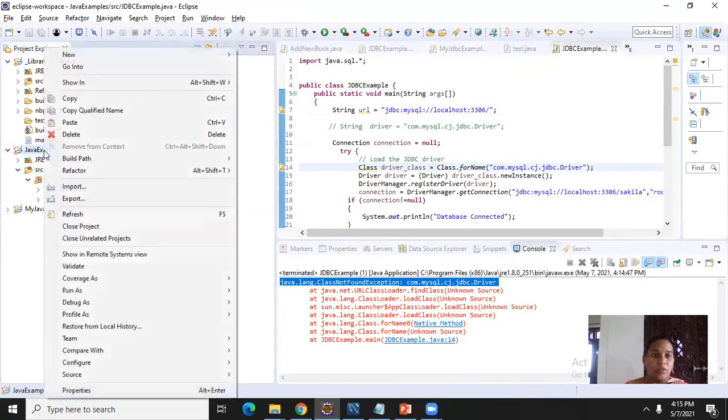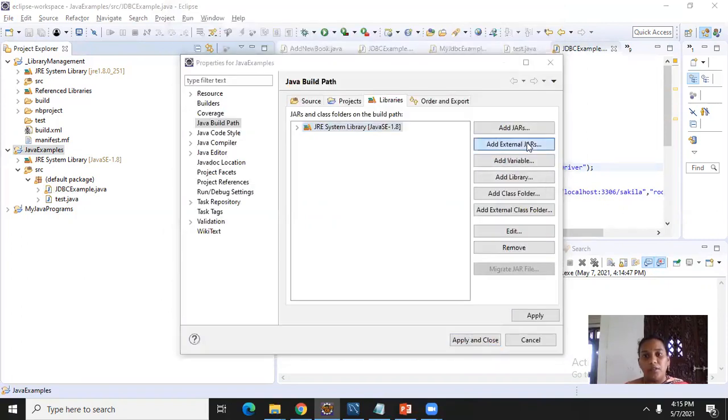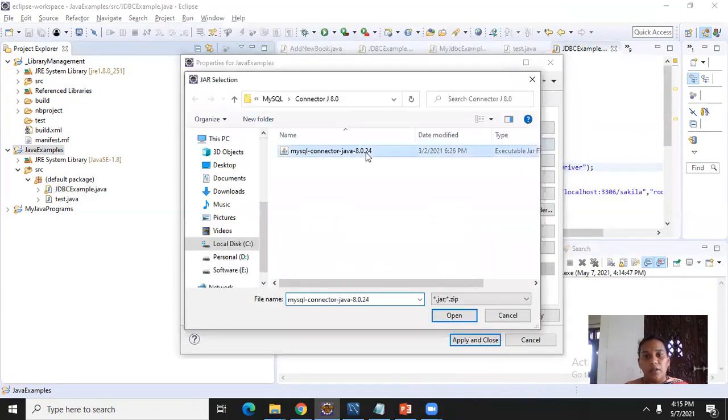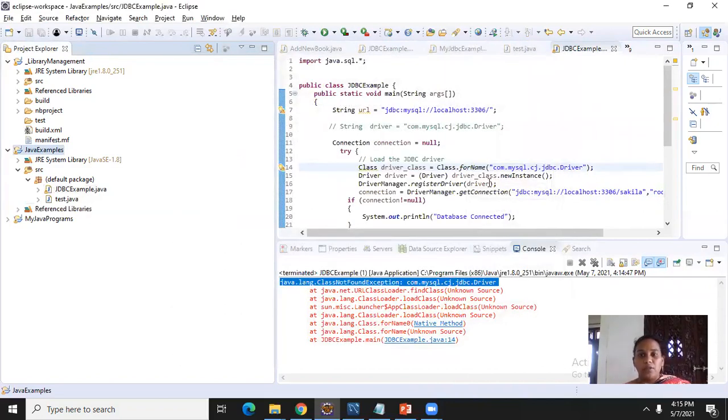Okay. This is because I don't have the Oracle jar. Now I am adding the Oracle jar. Add external jars. Here is my external jar. Open, attached here, apply, apply and close.